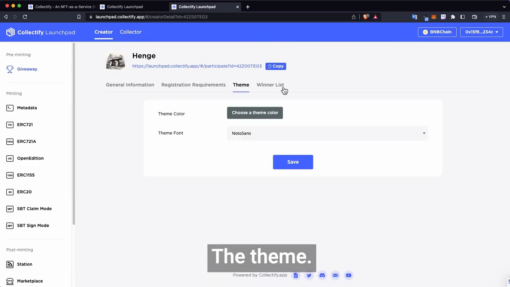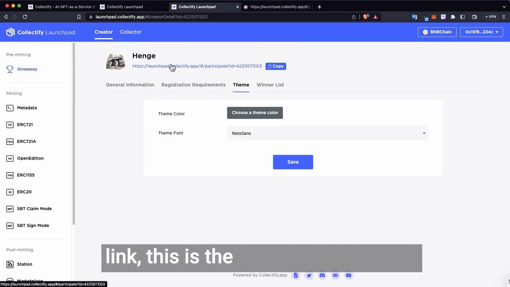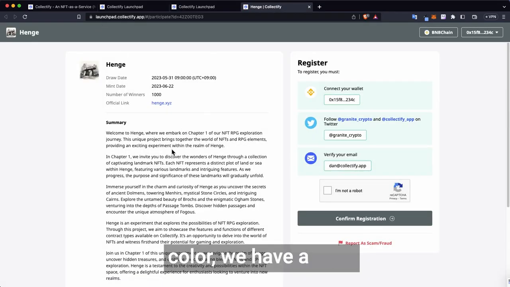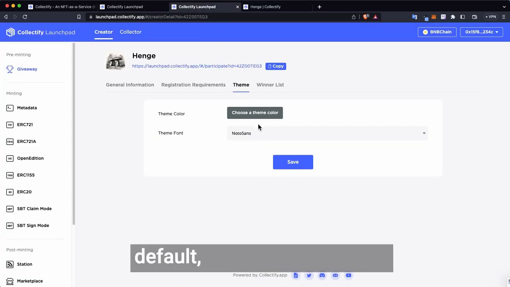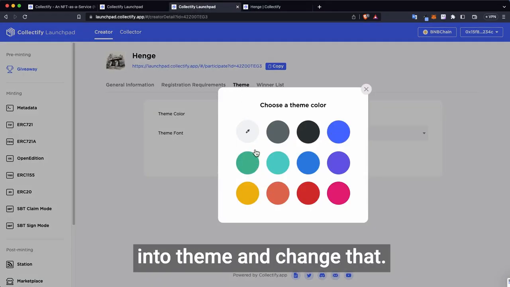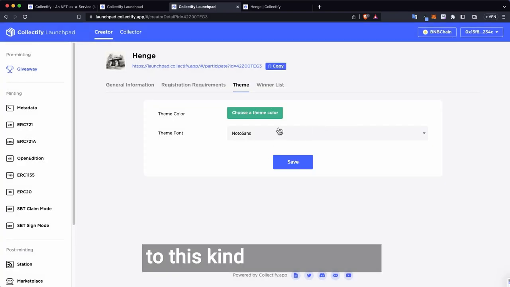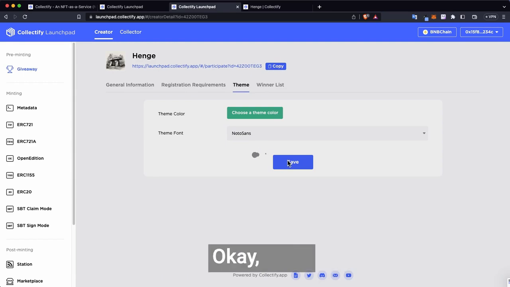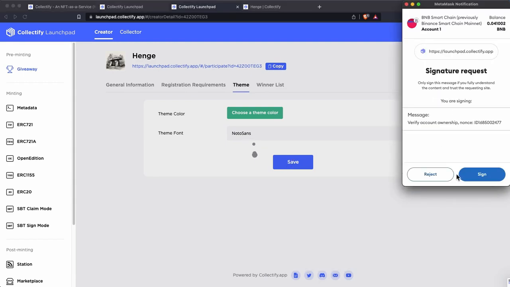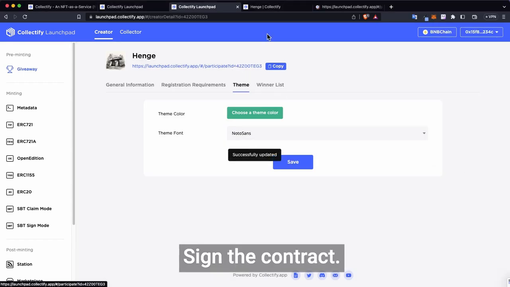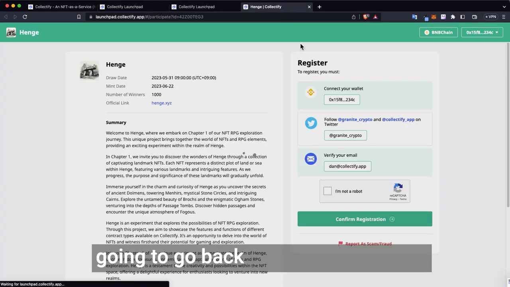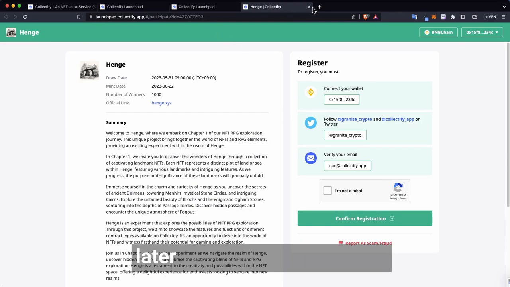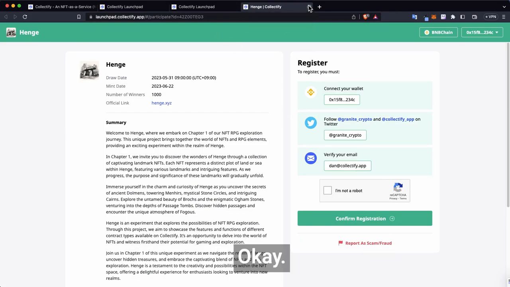The theme, if we go through and we follow the link, this is the link to our giveaway. We can see we have a color, we have a font. These are actually set to a default, so you have to come into theme and change that. I'm going to change this to this kind of green color. Yeah, I'm going to keep on this font, no two cents. Okay, save. Sign the contract. And then what we're going to do is we're going to go back and double check it. And look at that, the color's changed. Maybe I'll change that back later or when I do a real one. Okay, now